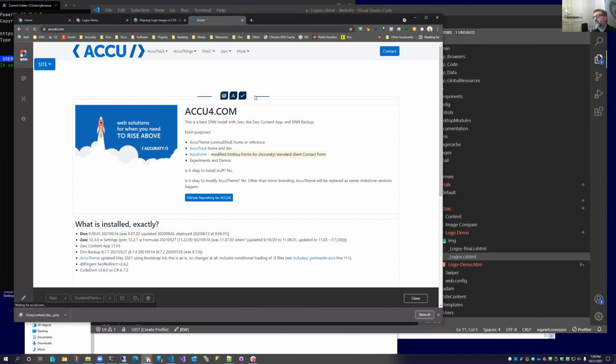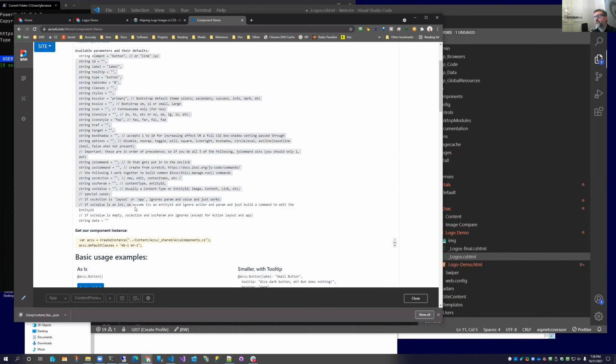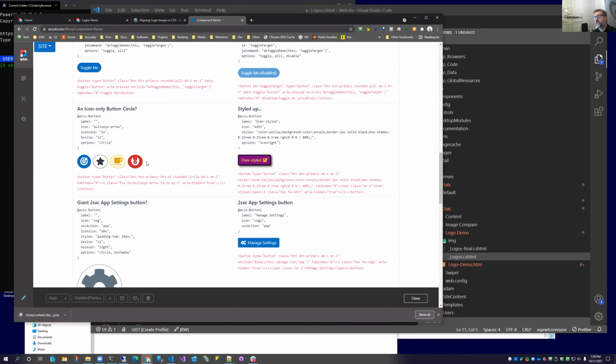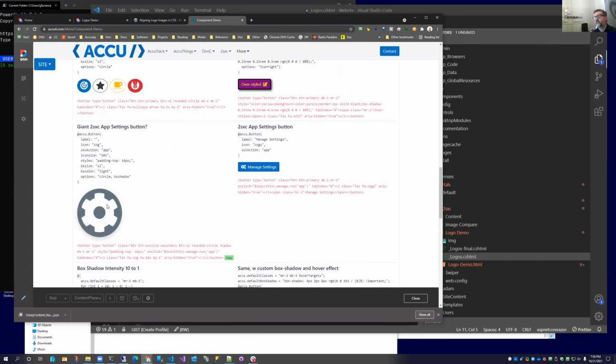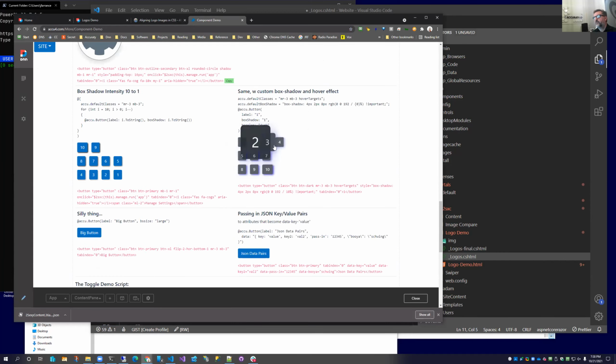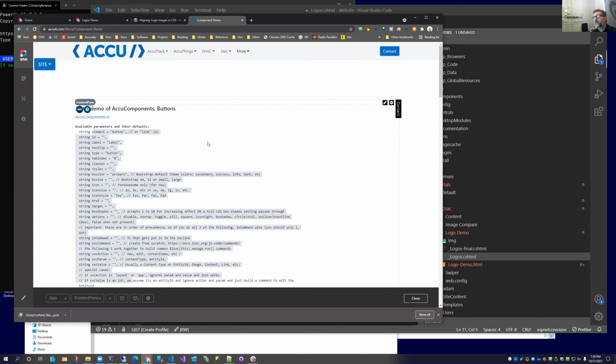So here's the full set of components, and it's pretty interesting. We have a ton of properties you can pass in, and it gets really advanced. You can do icon buttons, giant round buttons, and items that go in front and behind each other, and I don't know. It's interesting building these, but this one's a couple of years old now, but we still use it a bit. I'm trying really hard to get the web components version in place so that we stop using it.